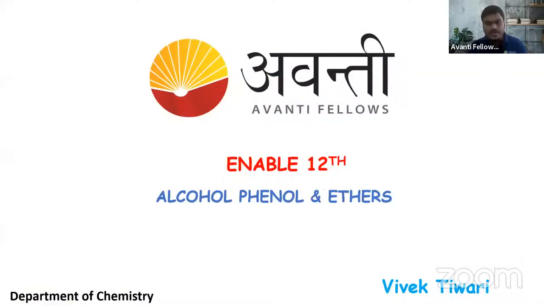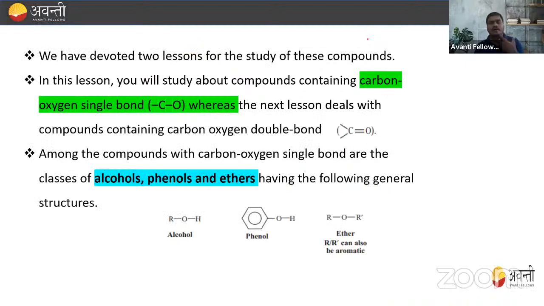So my name is Vivek, okay? And today we are going to discuss alcohol, phenol, and ethers. Basically, this is also known as carbon-containing oxygen compounds, right? So in some books, this chapter can also be written as carbon containing oxygen. In carbon containing oxygen, we basically have two chapters. The first chapter is where we are going to study alcohol, phenol, and ether, and in the next chapter we are going to study aldehyde, ketone, and carboxylic acid, right? So both are